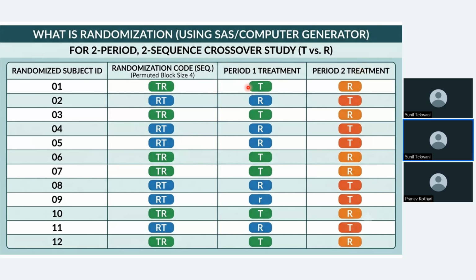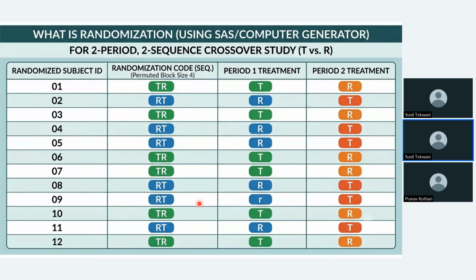Crossover means if the subject received test product in first period, then they have to receive the reference product in second period. That is crossover. Randomized means these two sequences are randomly given to the subjects, not in a fixed sequence, to avoid bias. So with this slide, we now understand what is two period, two sequence, two treatment, crossover,